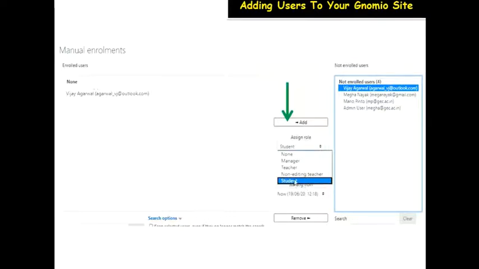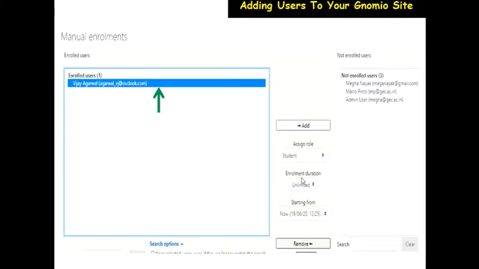Now whoever you're enrolling should be a student, but sometimes what happens is maybe you are two teachers who are teaching the same course, so probably the teacher has enrolled here and you will add her and then give her the role of a teacher. Probably you could also have your principal logged in and having the role of a manager. And then suppose say that you want to remove someone at some point of time, so you highlight that person from the enrolled users and then just click on remove, so that way a student can be removed also.